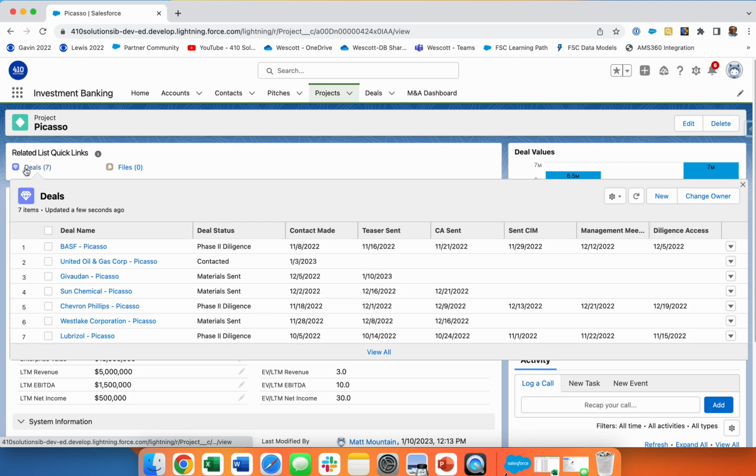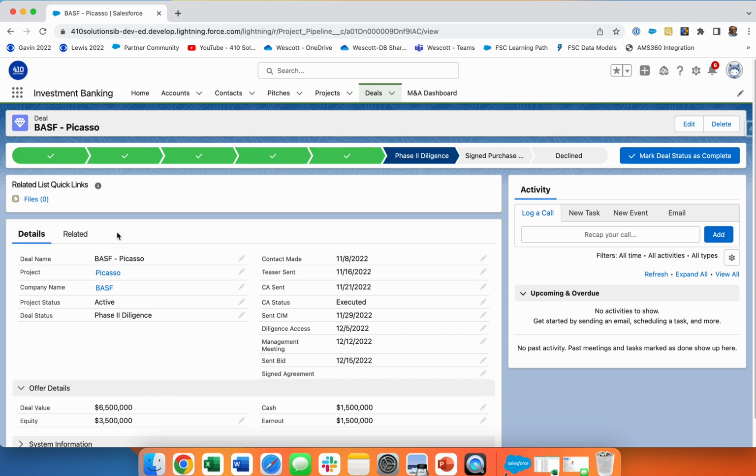project, we're going to go in and create deal records. And as part of creating deal records, what we're going to do is we're going to create a new record, and now you can see that we're on the deals. Each deal record is associated to a project and a company. And I'm tracking a lot of different dates regarding, as we move down the process, what date did this happen?